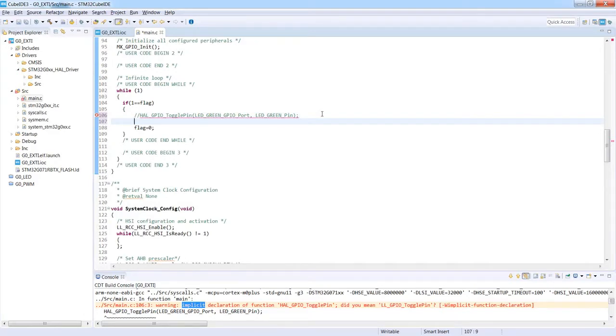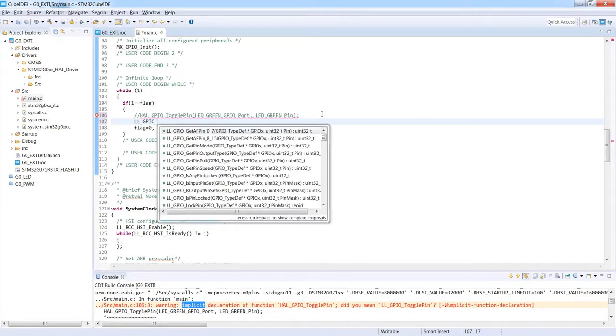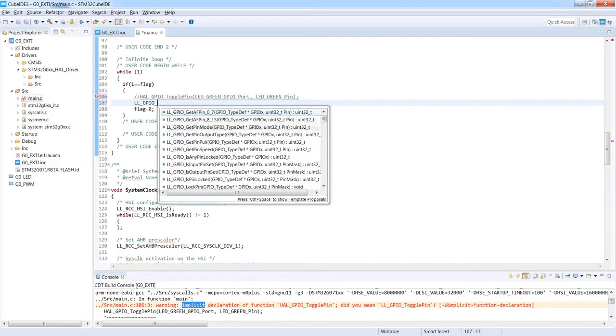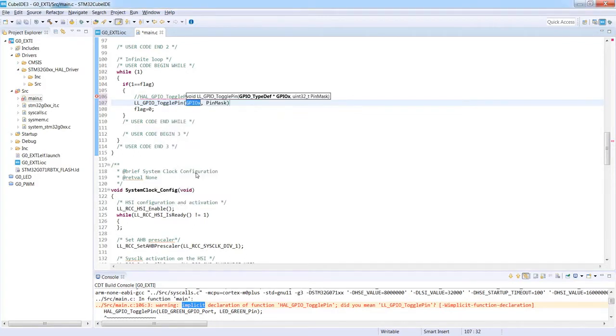So I'm starting with LL_GPIO_ and then, oh, there is exactly the same function, same name, TogglePin. And again, we need to specify the port and the pin mask. For this, I will reuse the arguments from above.